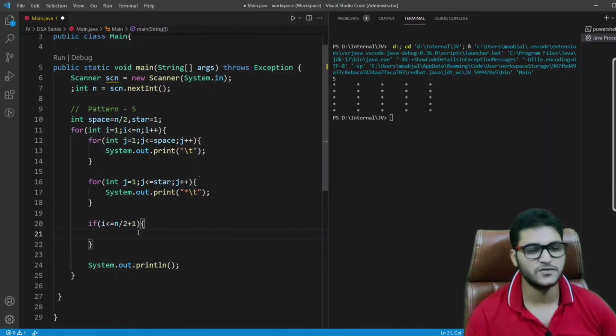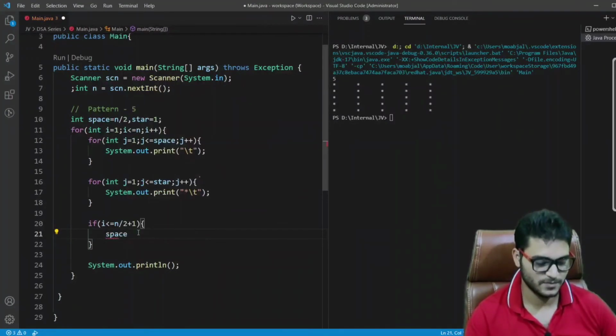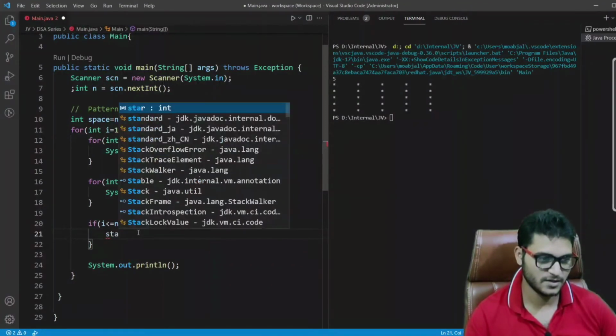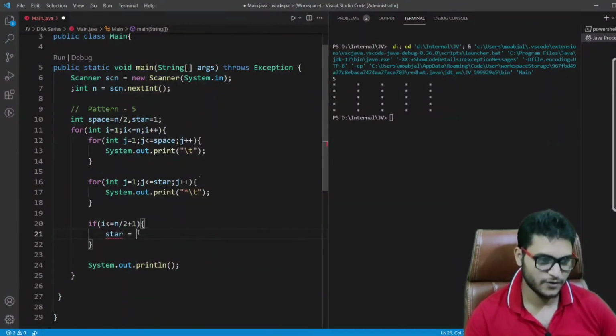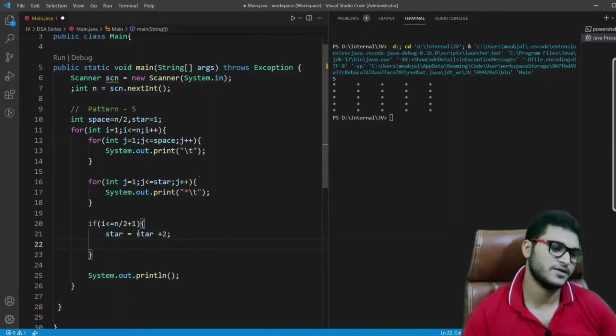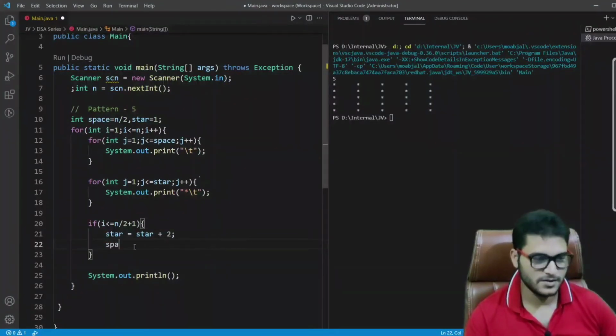So in this condition what we have to do, we have to increase our star by 2, and we have to decrease our space by 1.